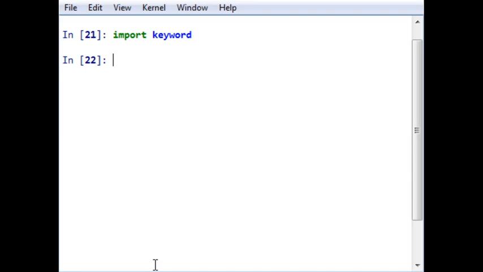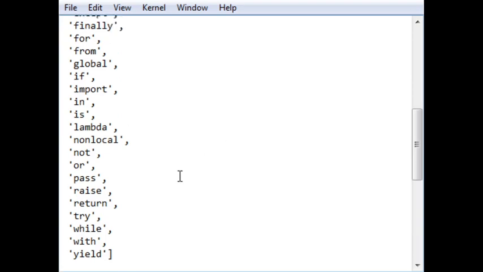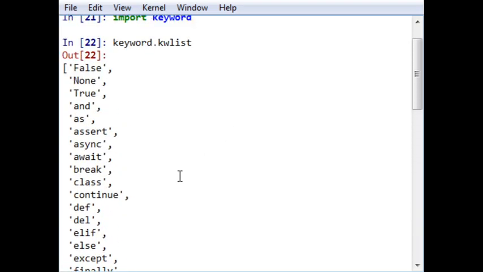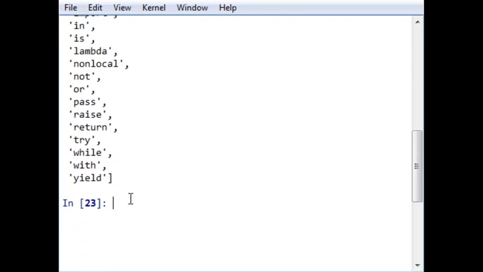After importing, let us write keyword.kwlist and see whether it is working. Okay, so this is the list of keywords that is recognized by Python.